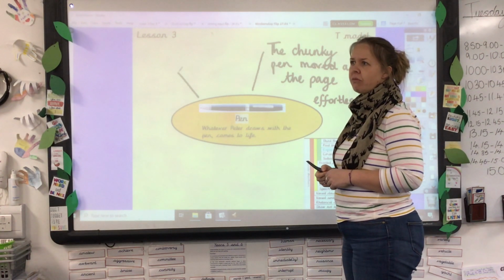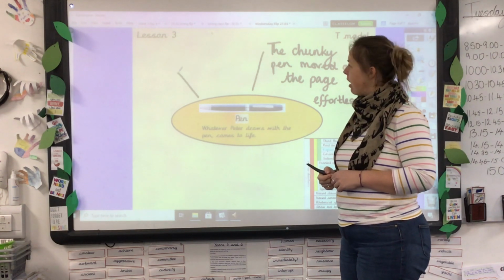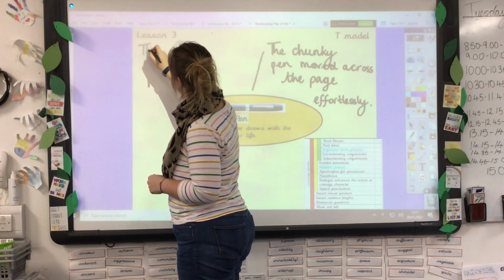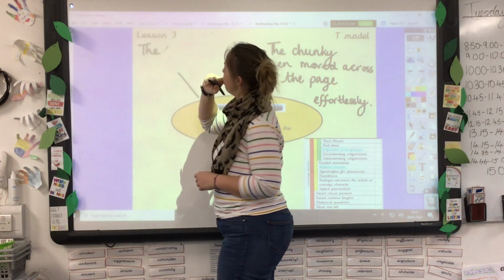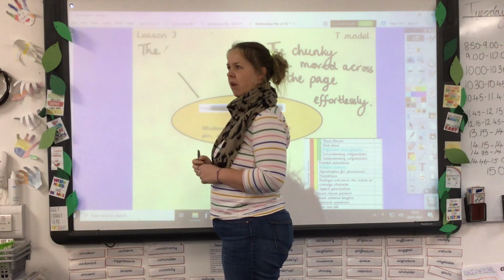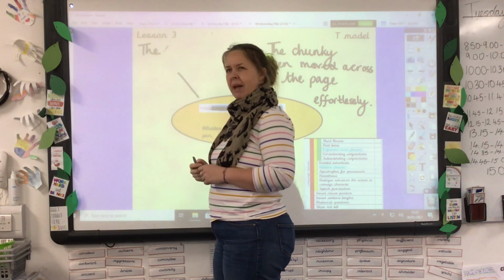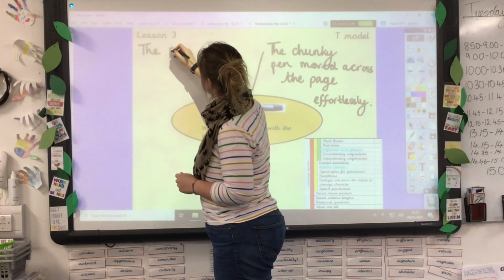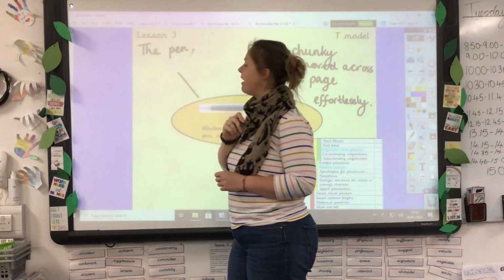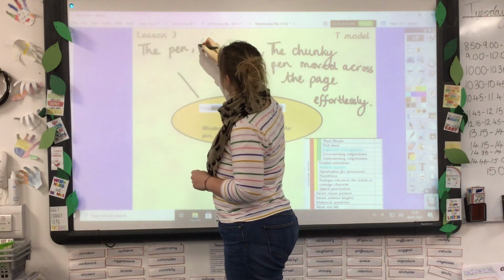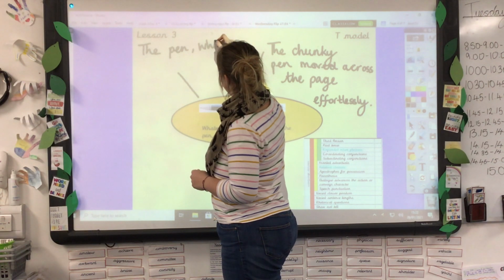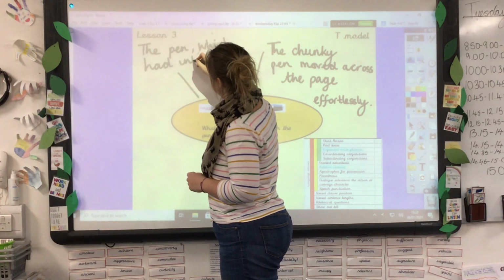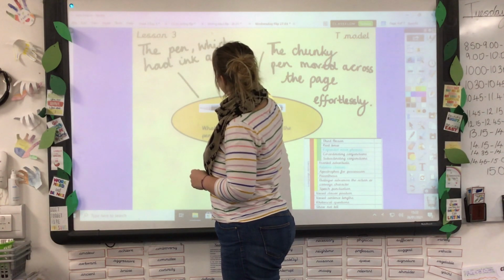I'm going to have a relative clause in the middle, I think. The what pen? What could I say? What adjective could I use here? Maybe I'll just say the pen here, actually, because I've done an expanded noun phrase. The pen, and I'm going to say which had, so there's my relative pronoun, which had, and I'm going to say ink as black